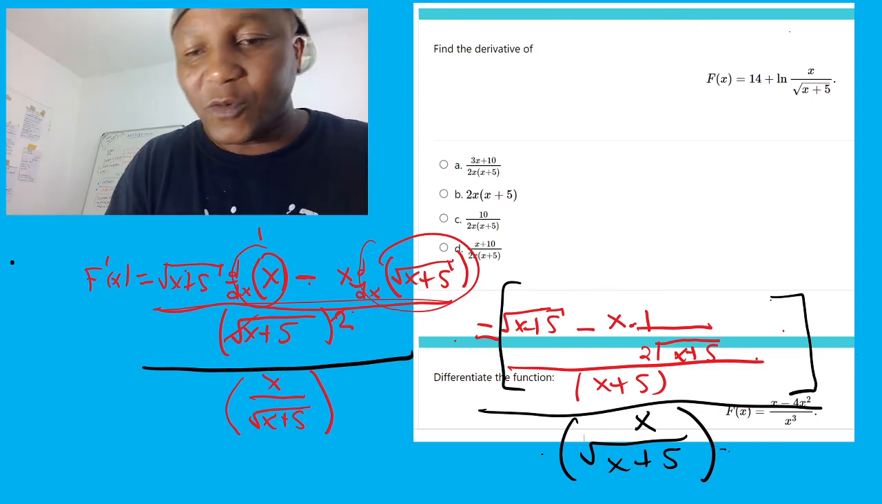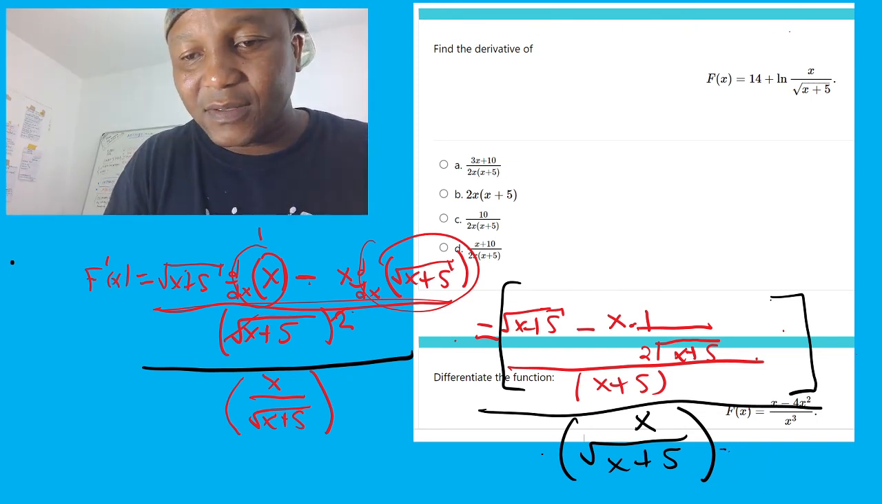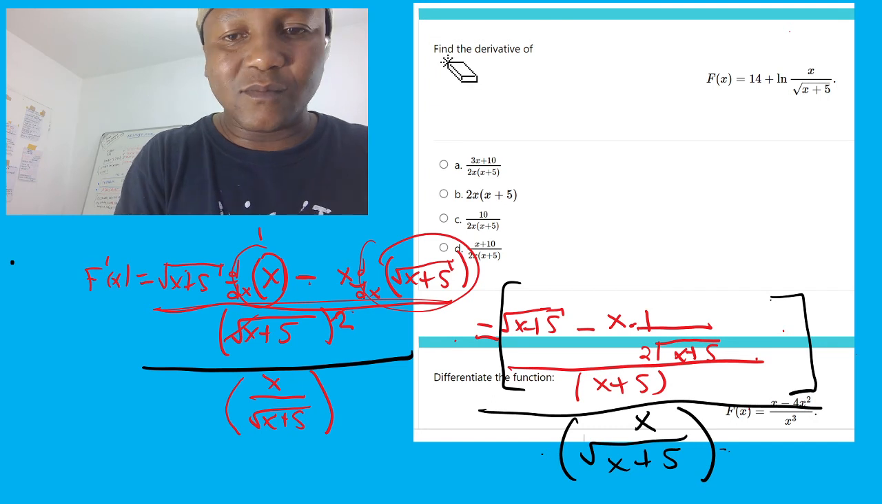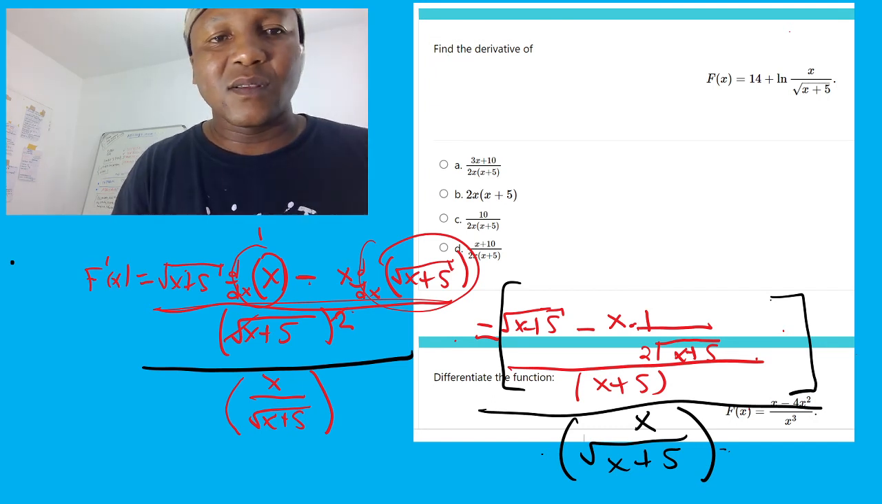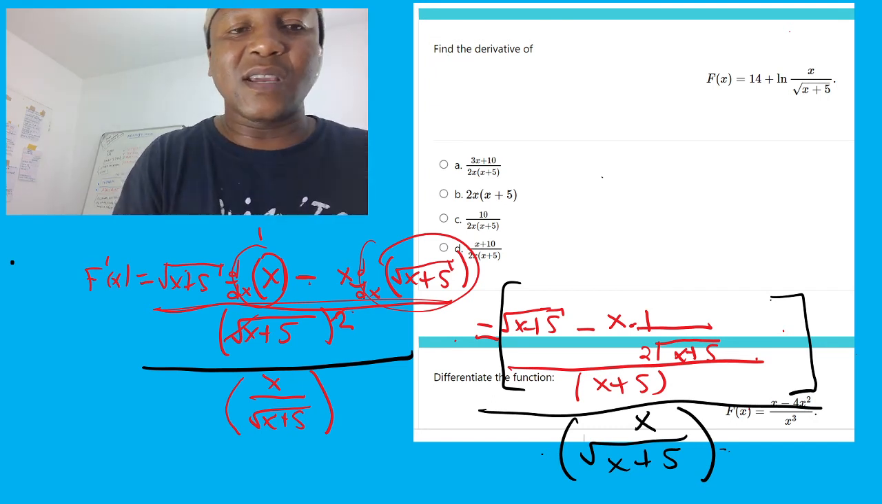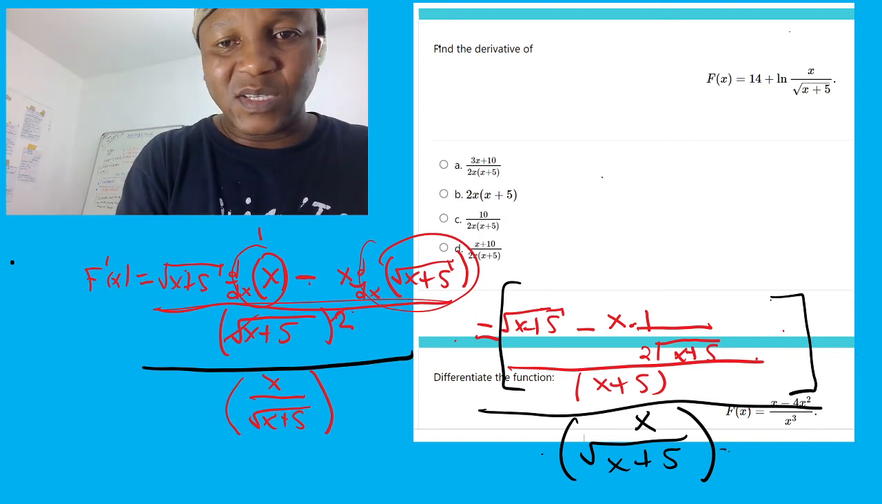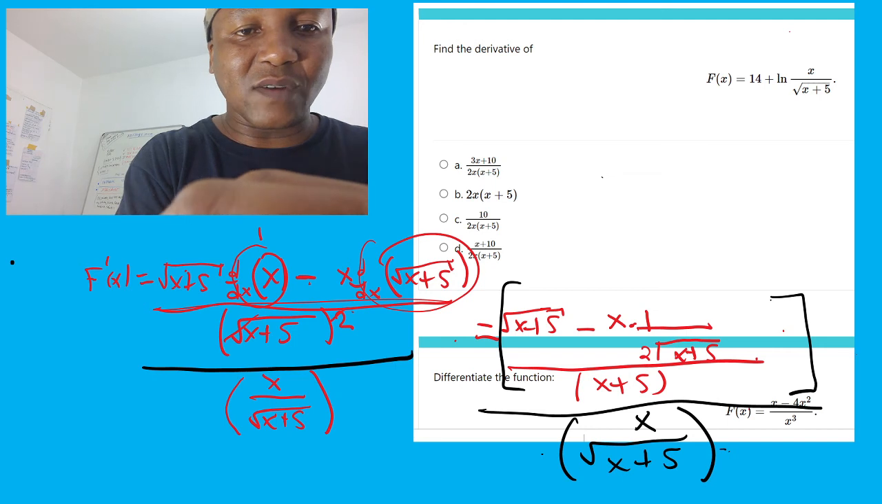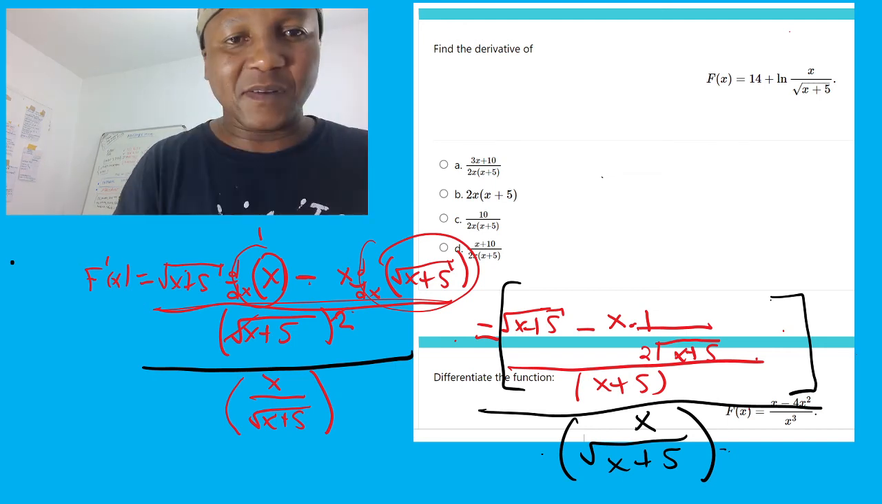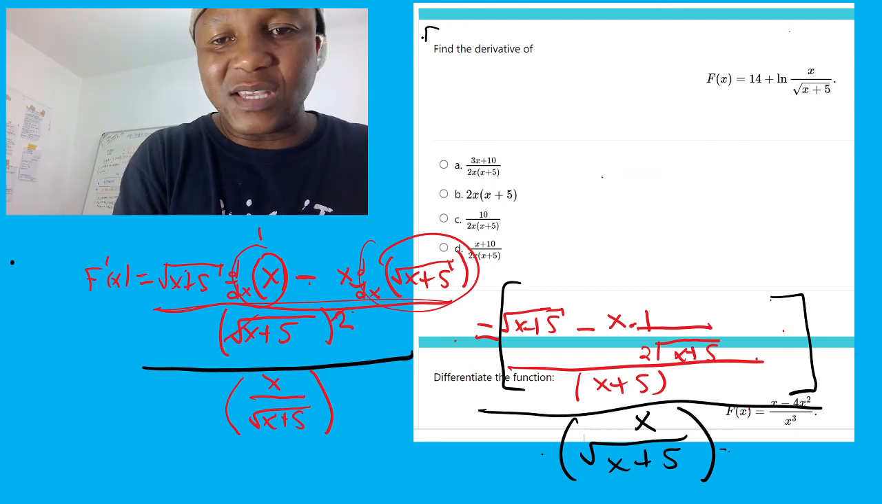Okay, so for that being said, then we're gonna say, let me use a red color. Okay, so we're gonna say f prime equal